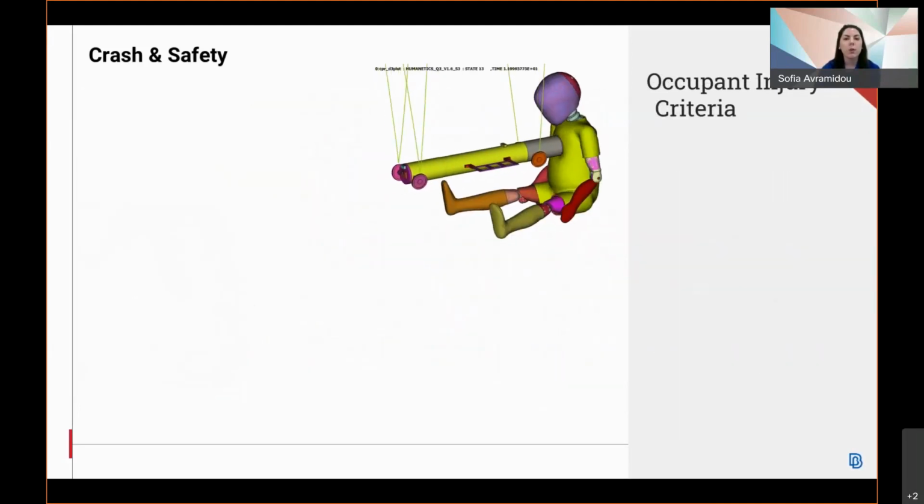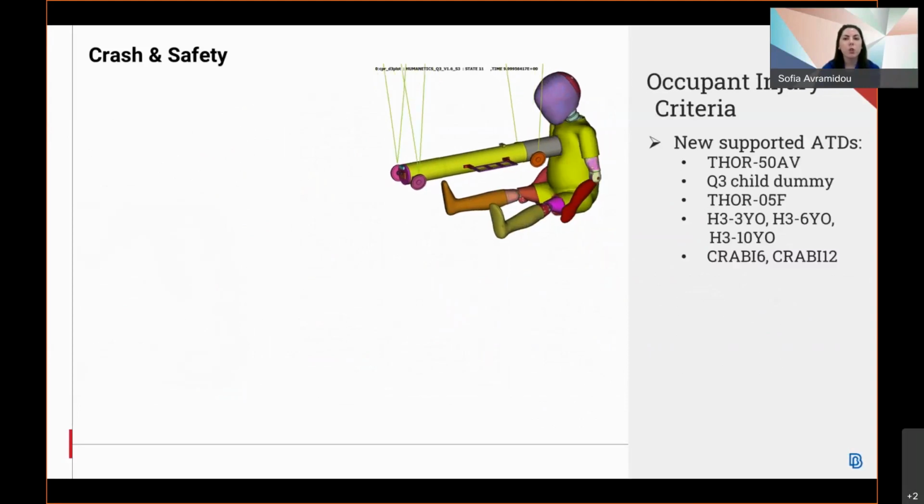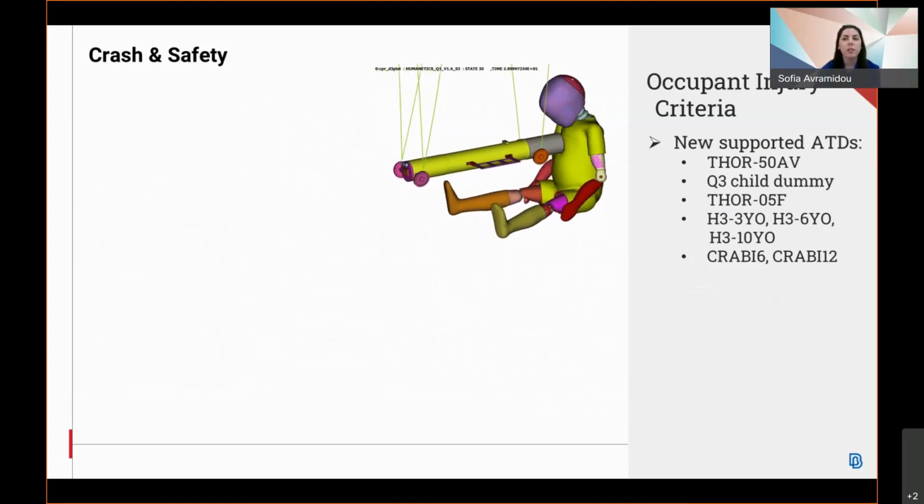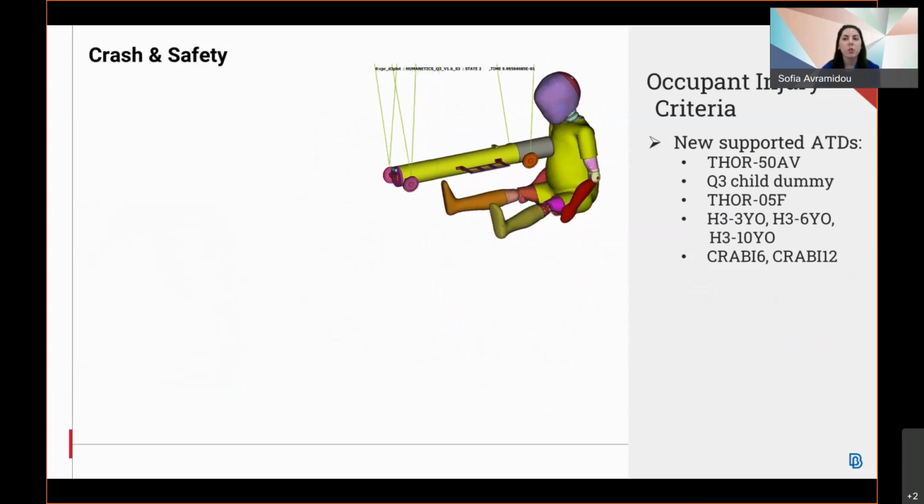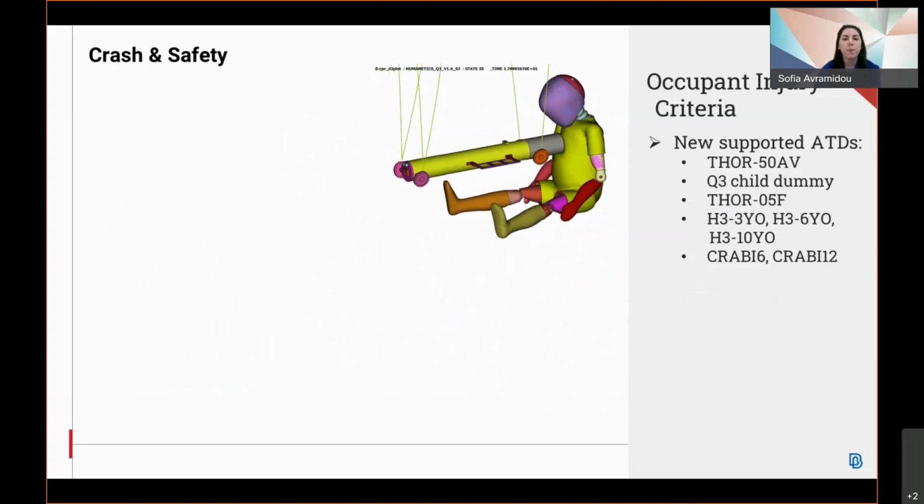Still in the Occupant Injury Criteria toolbar, we've got newly supported ATDs, namely 450 for autonomous vehicles, Q3 child dummy, 405F, children ATDs age 3, 6, and 10-year-old, and CRABI 6 and CRABI 12.